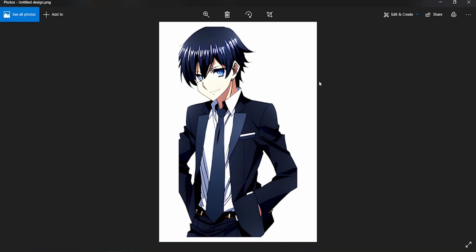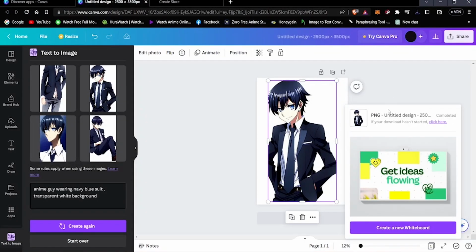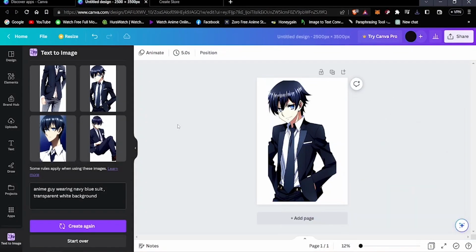Okay, so that's how you basically create an AI image using Canva. It's very useful. You guys should surely try it,